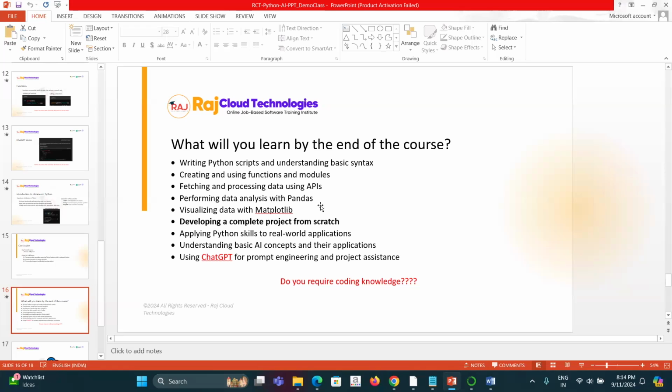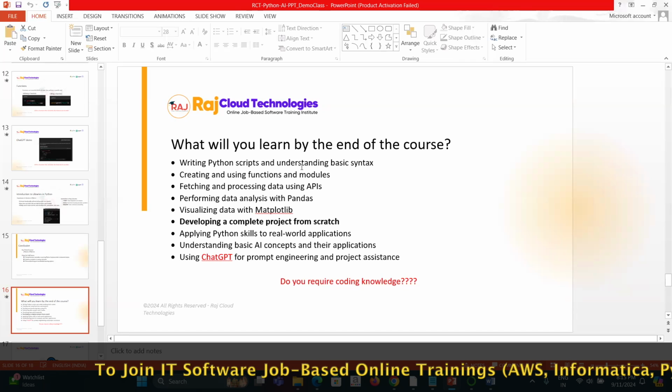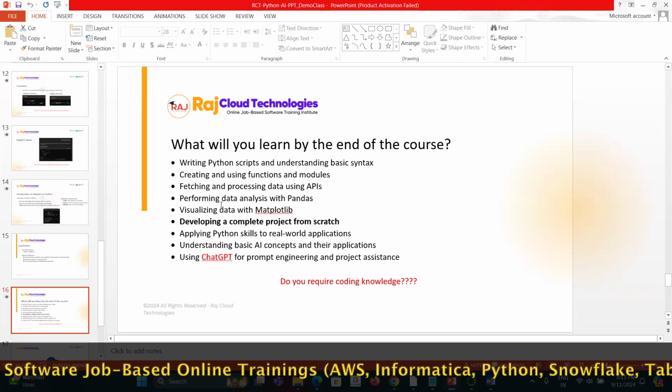You will feel confident that even at today's session you can execute the Python code. But by the end of the course, you will write your own Python scripts with the help of ChatGPT and execute the projects. And you can create your own functions and modules, and of course libraries, for your future use, or make them public libraries, etc.